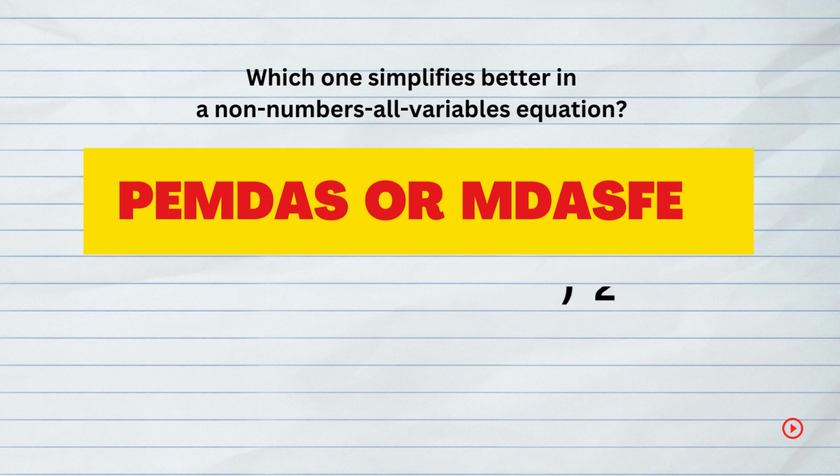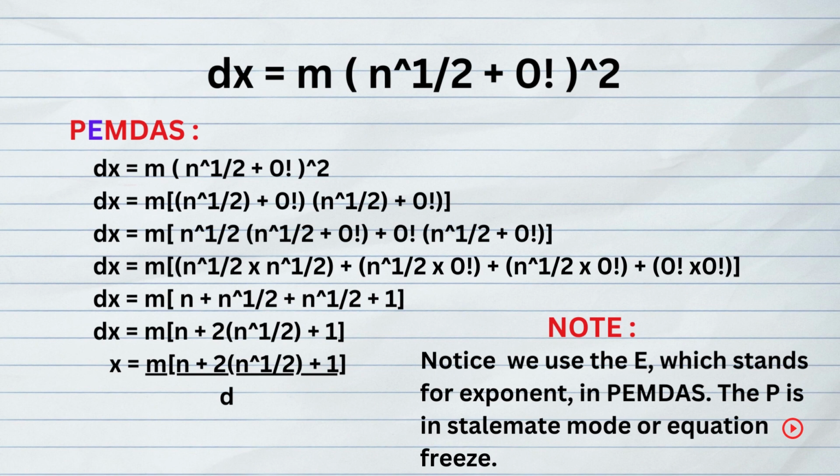power of 2. Using PEMDAS, d times x equals m times [square root of n, plus 0 factorial], raised to the power of 2. d times x equals m times [(square root of n, plus 0 factorial) times (square root of n, plus 0 factorial)]. d times x equals m times [square root of n times (square root of n, plus 0 factorial), plus 0 factorial (square root of n, plus 0 factorial)],